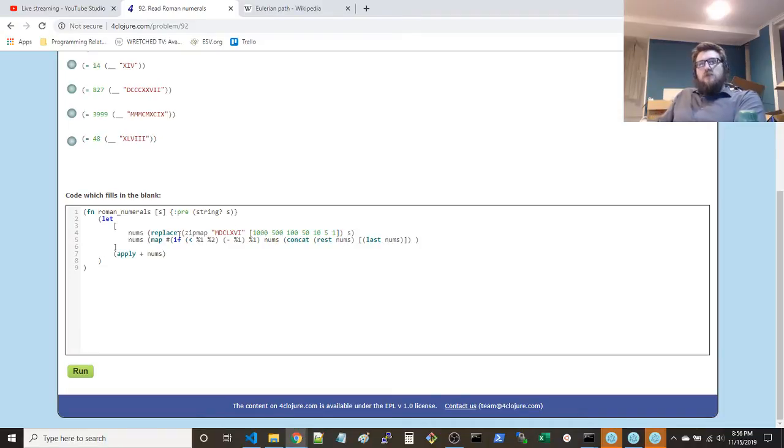But then you perform this map over these two sequences of roughly the same length, and you just do the comparison directly and say, okay, if the first value is less than the second value, then we're going to return the negation of that value. Otherwise, you just return that value, and you construct a new sequence using this map, which I thought was pretty clever, pretty succinct.